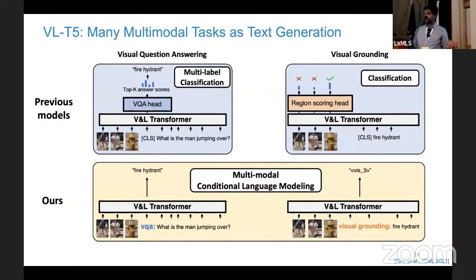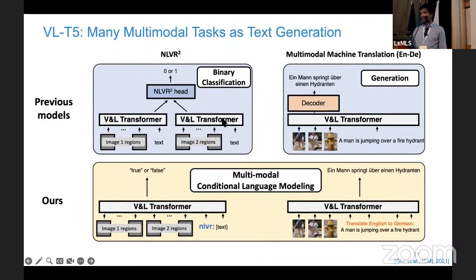So I'll tell you briefly again how a lot of these blue specialized tasks at the top can be handled with the same architecture at the bottom in VLT5. So we already went through VQA and visual grounding, and at the bottom, now this can basically be just this exact same single transformer with shared parameters, handling both of these tasks as multimodal conditional language modeling. But then even more different tasks like NLVR2, which is a binary classification task for multiple images. So an example could be there are 3 images, and the model needs to figure out whether there are only 2 images in which a red glass is next to a yellow ball. So these are multi-image relationship classification tasks.